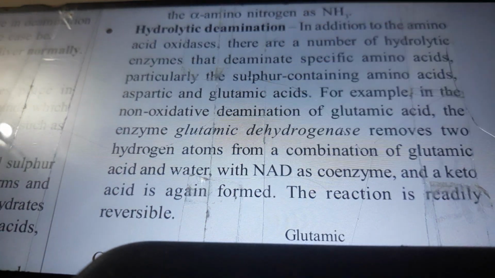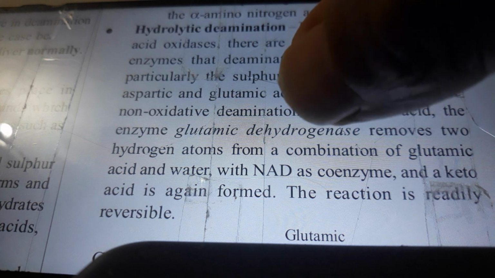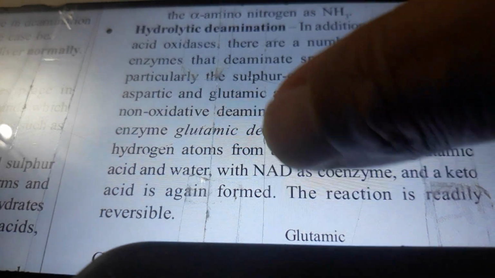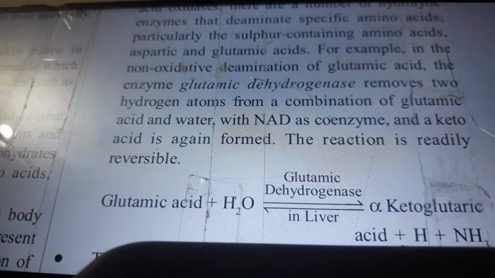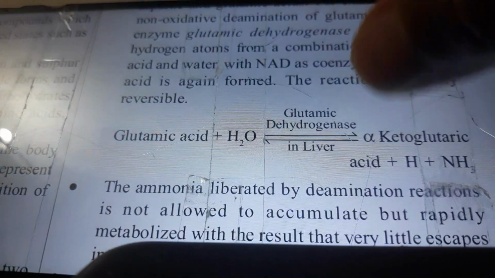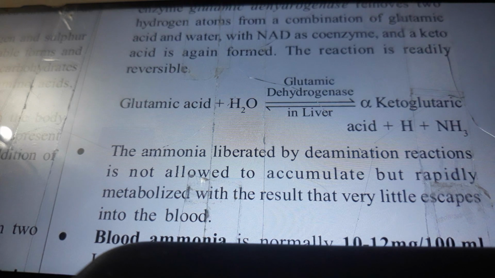Hydrolytic deamination. In addition to the amino acid oxidases, there are a number of hydrolytic enzymes that deaminate specific amino acids, particularly the sulfur-containing amino acids, aspartic and glutamic acids. For example, in the non-oxidative deamination of glutamic acid, the enzyme glutamic dehydrogenase removes 2 hydrogen atoms from a combination of glutamic acid and water with NAD as coenzyme, and a keto acid is again formed. The reaction is readily reversible. Glutamic acid plus H2O in the presence of glutamic dehydrogenase in liver gives alpha ketoglutaric acid plus hydrogen plus ammonia,